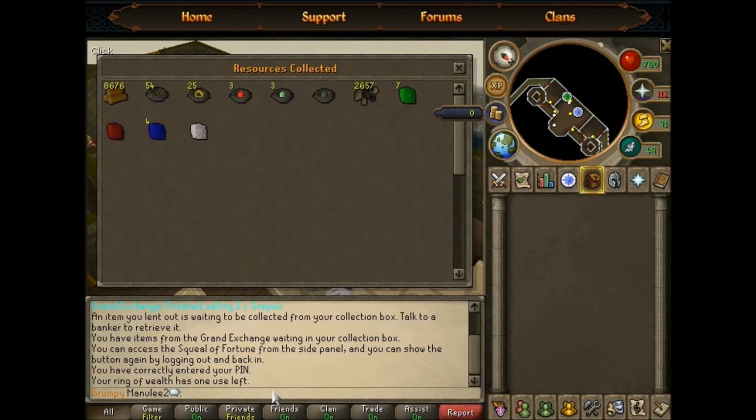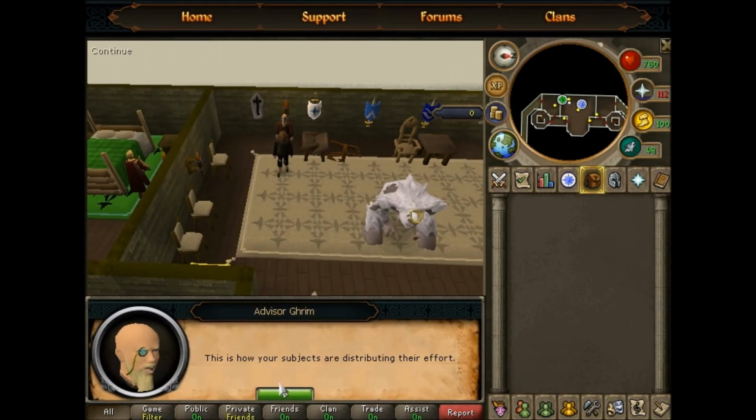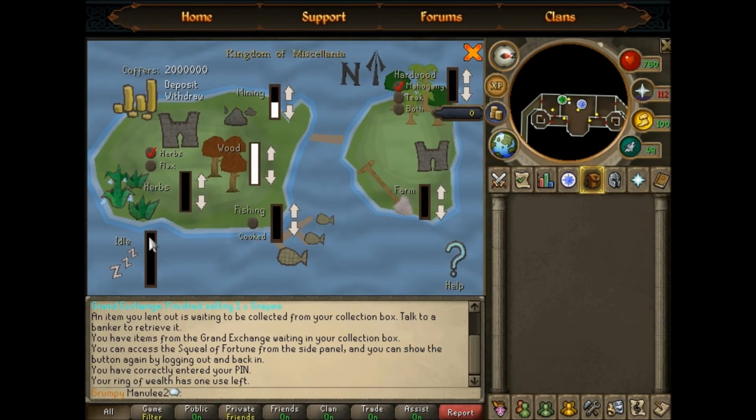Here's the list of what they've collected. So I've got 8,678 maple logs. I've got 54 of those birds' nests. I don't really want these birds' nests because I've got eggs and I can only use them with a high summoning level, but never mind. I don't really want the rings, but those are going to be quite good for seeds, depending on what good seeds I get. The coal's going to be worth quite a bit, and we've got the gems as well, which I might cut, I might not, I don't know yet. So those are going to automatically get sent to my bank, and there you go, sent to my bank, and then it's going to show you how they're distributing